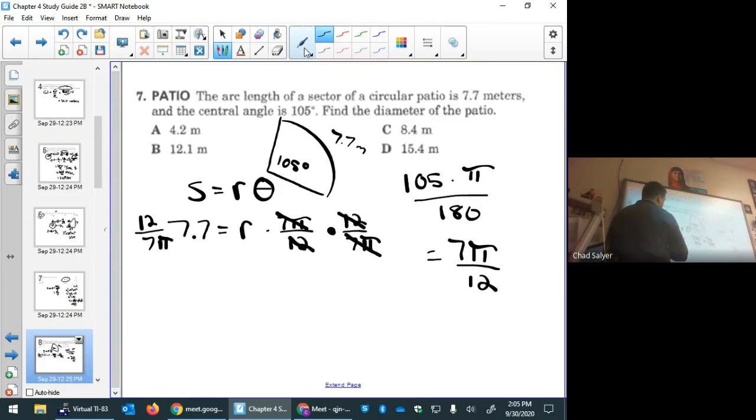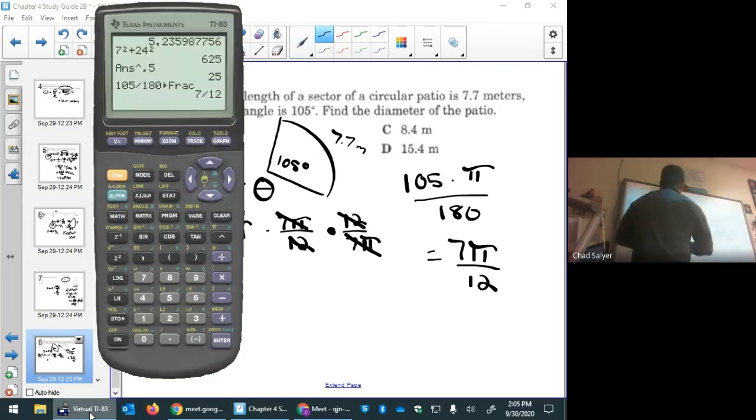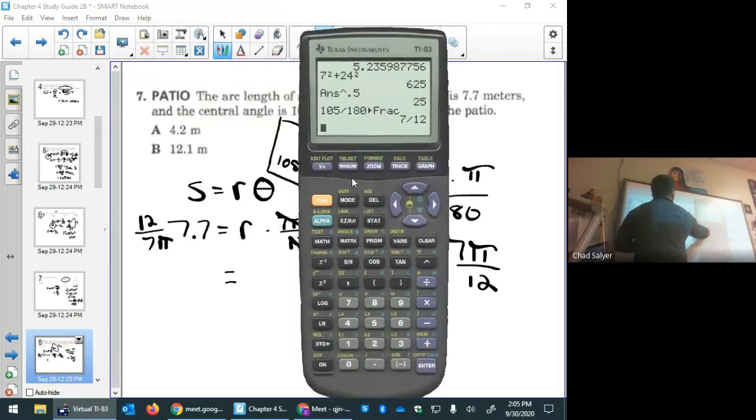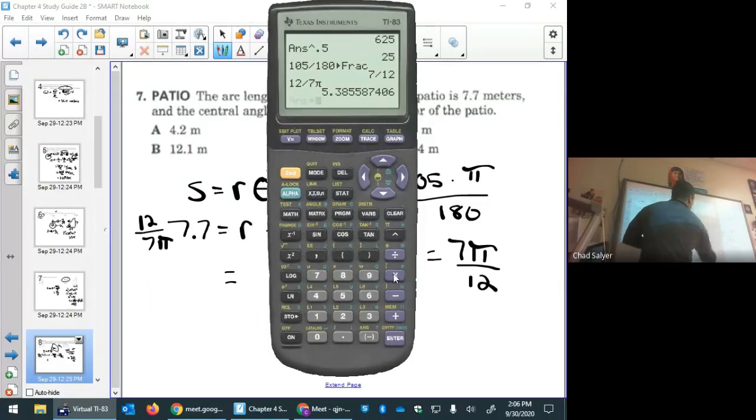So let's figure out what this is roughly equal to. It's going to be our radius, not our diameter. That's why this problem's so tricky. So 12 divided by 7 pi, and then times 7.7. That's the